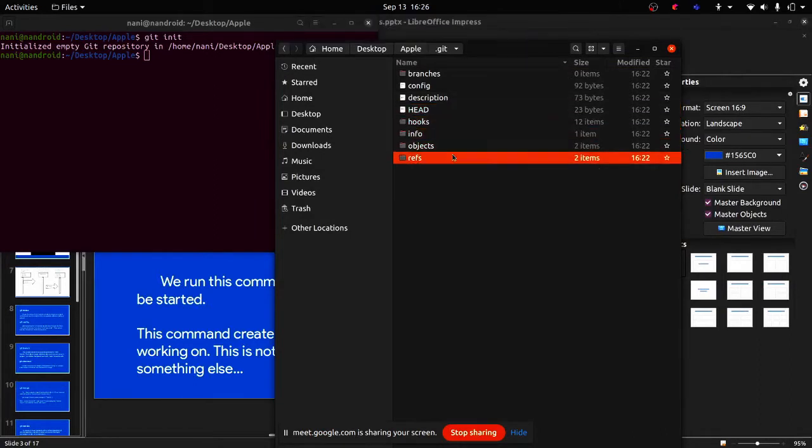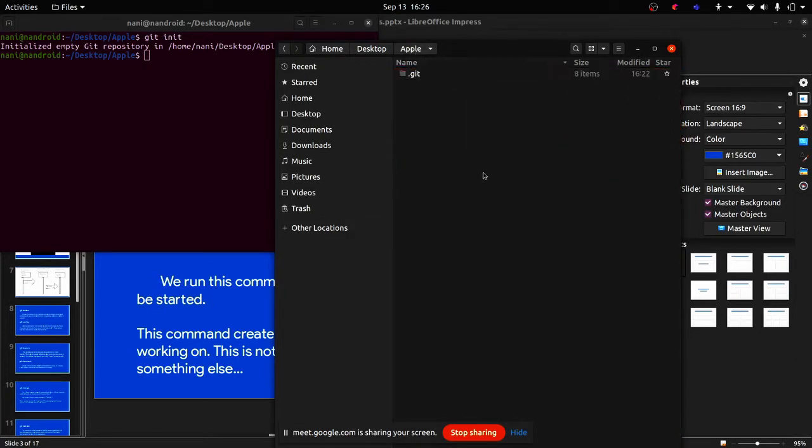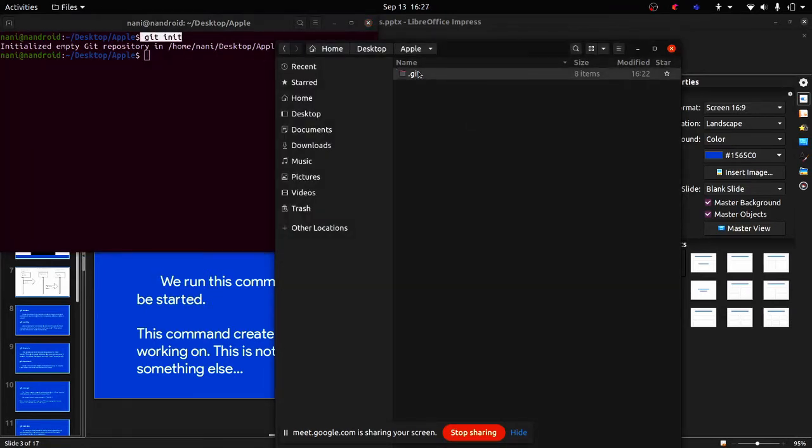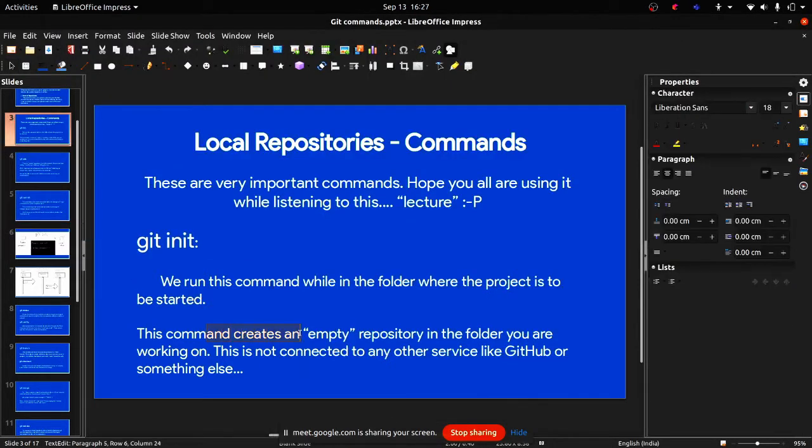So this hook, info, object references, these are too high level for explaining right now, because we are basically on how to use GitHub and stuff, not how GitHub or Git works. So I'll just be explaining: when I type git init, it is creating a tree with this particular folder as the main repository. Each and every update I do will start reflecting within that tree as a new node being added. So it creates an empty repository you're working on.